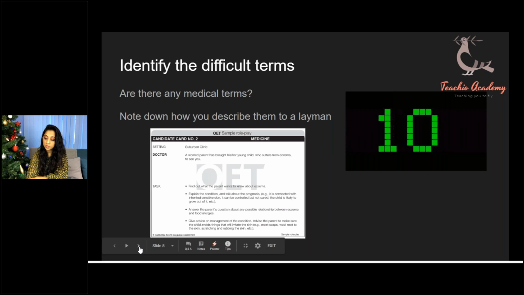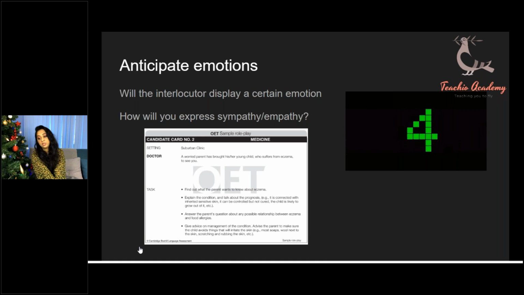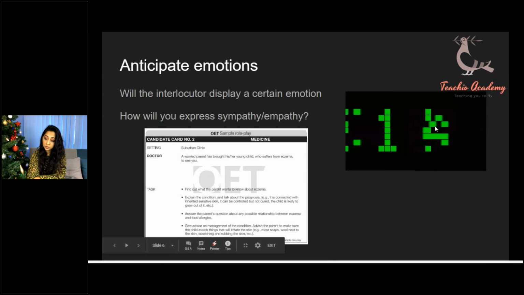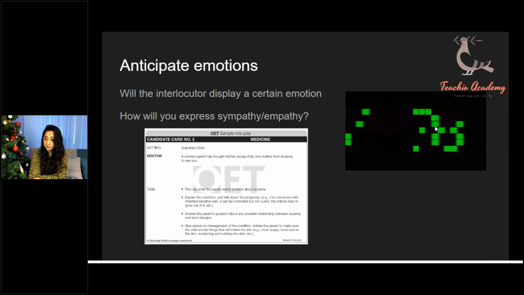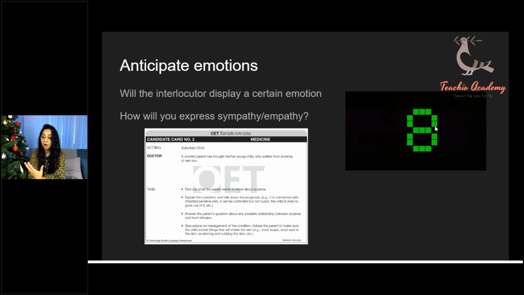Okay, great. Now, remember guys, on the OET speaking, they're looking for clinical communication, and one of the main things in clinical communication is sympathy and empathy. What I would like to do on my OET speaking is anticipate emotions. This is actually quite useful even if you're giving some advanced exams, like your MRCP PACES or CLAP2 exams. You always expect a certain emotion which might come out of your interlocutor during this scenario.